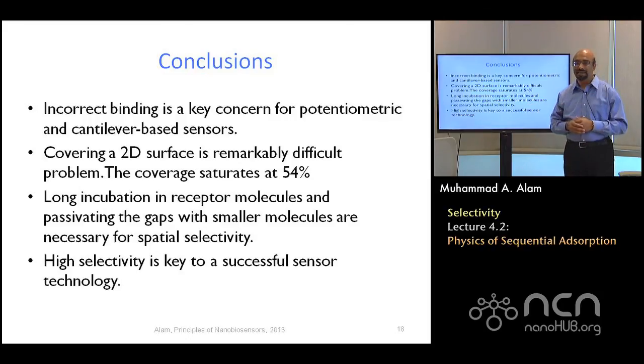In the next lecture, I'll say that let's say you cannot solve this problem directly. This is fundamental, the 54% coverage or this DNA binding, you cannot really come up with a new DNA structure that will solve the problem. What do you do in that case? Are you doomed? The answer is no. When all else fails, we'll tag it, we'll amplify it, and we'll filter it. And that is the topic of the next lecture.